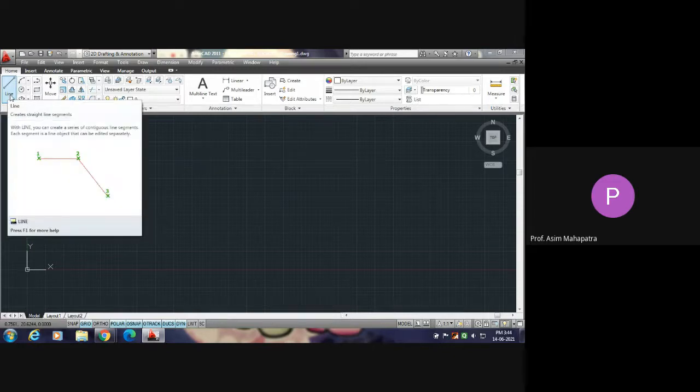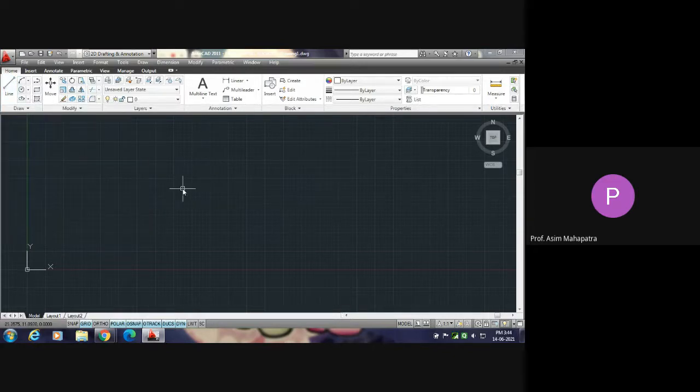I am clicking here. Whenever I click on the line command, the shape of the cursor will change. First, look at the cursor. The shape of this cursor is very important. Presently, the shape you are getting is called the crosshair cursor. It is called crosshair because there is a small rectangle and there are 4 hairs perpendicular to each other.